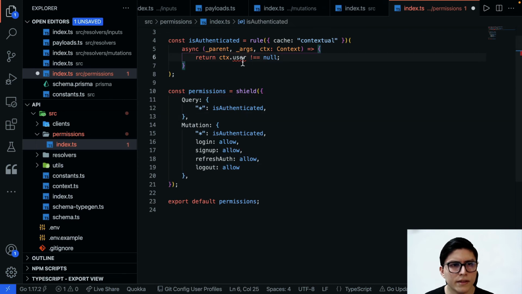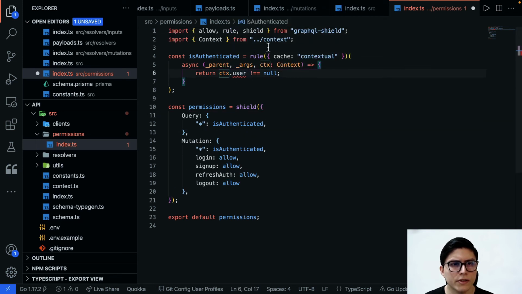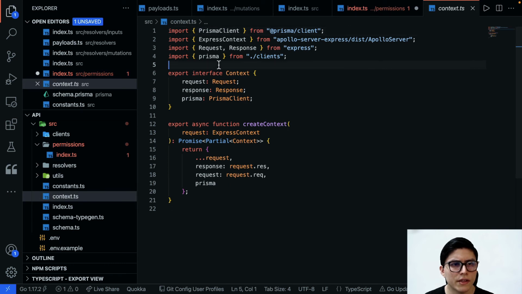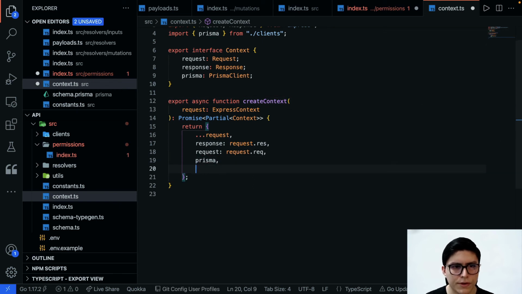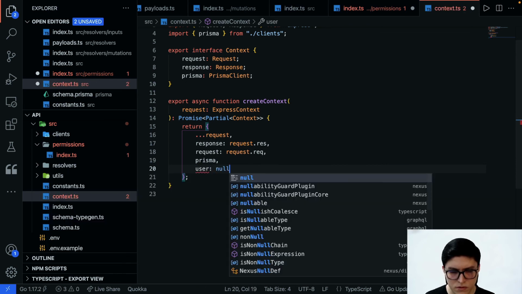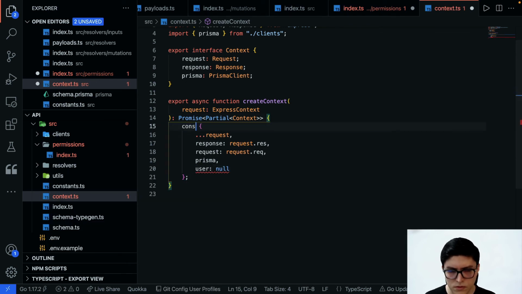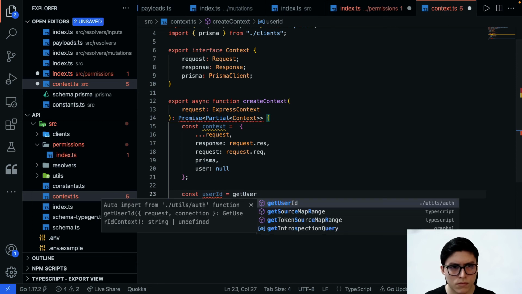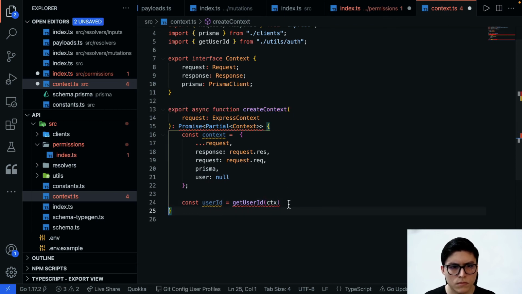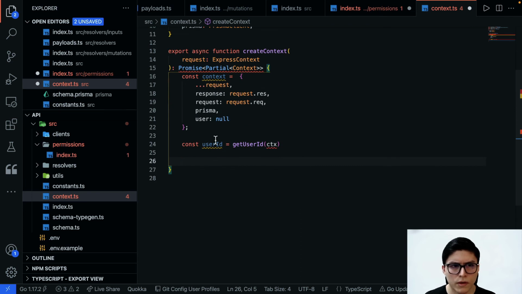For passing this user object into the context, let's go to the context declaration, and we are going to be modifying the context creation. And here you will need to add user as null. And once we have the user ID, we can search for it on the database.